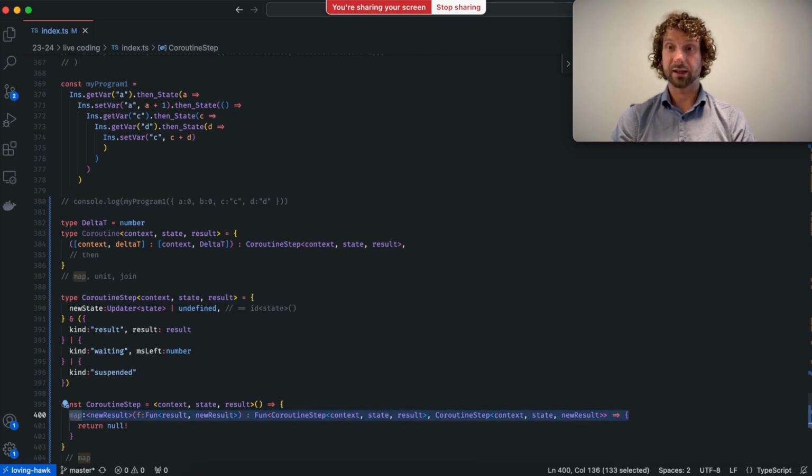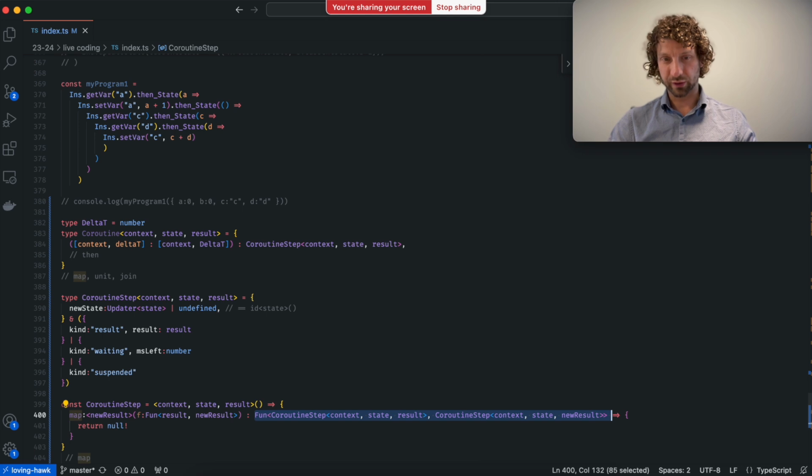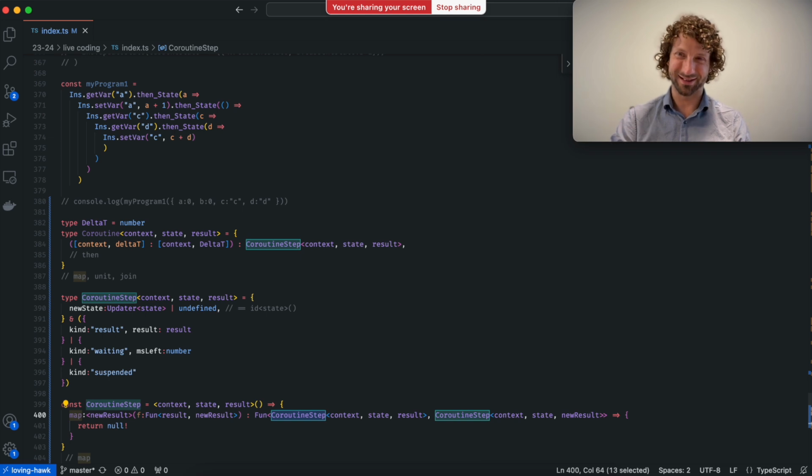But when defining map as a separate function in a sort of a repository of operations like this coroutine container of operations, then the map function has the very beautiful formulation of take as input the lambda from result to new result and return the lambda from coroutine step of result into coroutine step of new result. So basically we're applying coroutine step inside the lambda on both ends, the input and the output of the function itself. Okay, so we return a function, of course, because we have to return this transformation coroutine step to coroutine step. We take the first coroutine step, which I'm going to very lazily just call underscore,